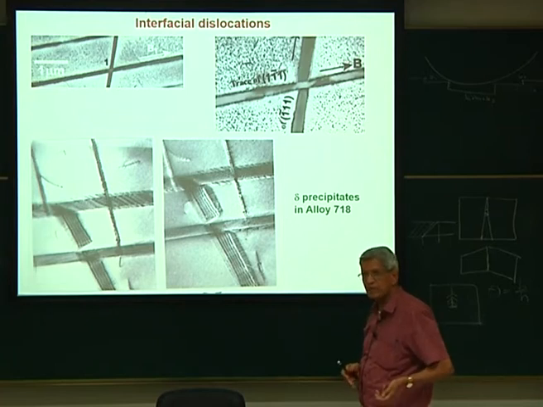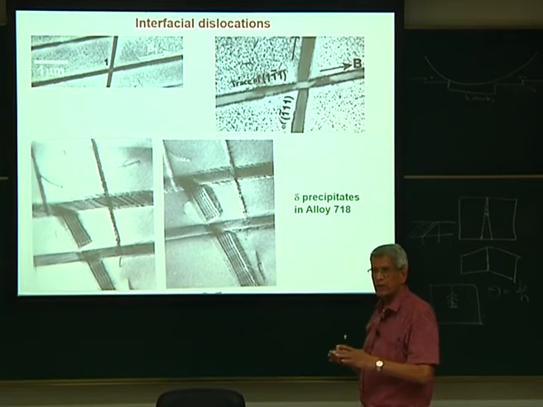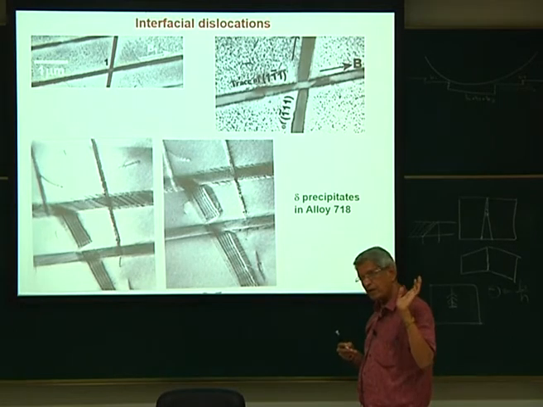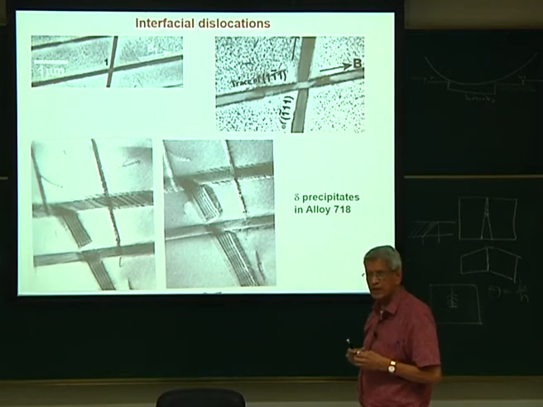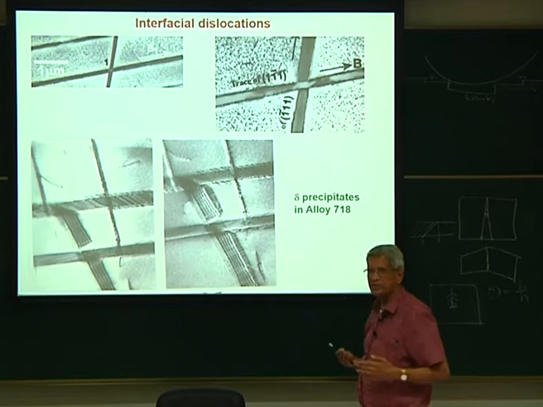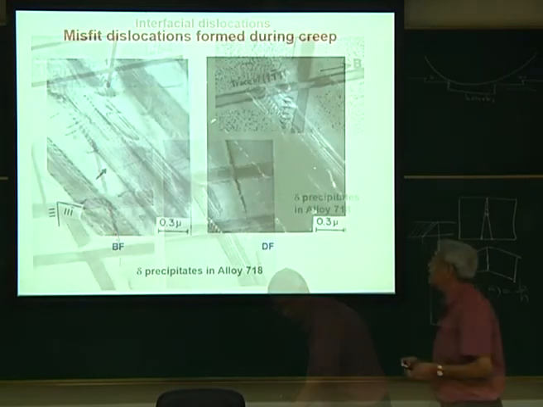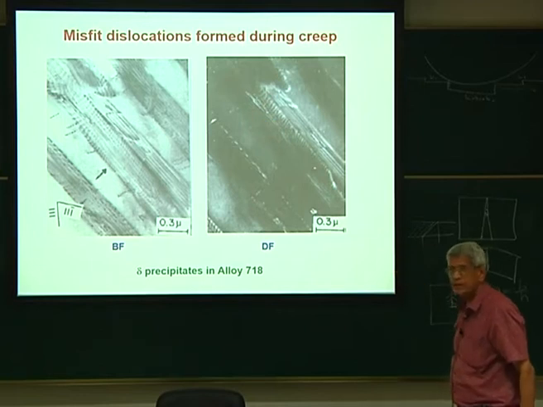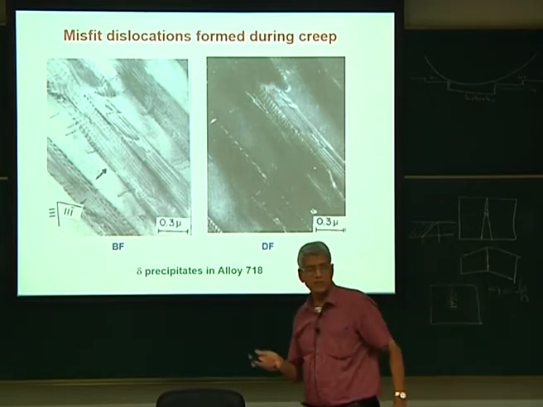There is another case in which these dislocations can form: the precipitate appears coherent, and then we do a creep test, especially that is where you can see that. Then, depending upon the sign of the strain and the Burgers vector, the dislocation can get attracted towards the boundary and it can get stuck there. This is in the same alloy. You can see these dislocations which are there. This we have analyzed. But what is essentially important is that